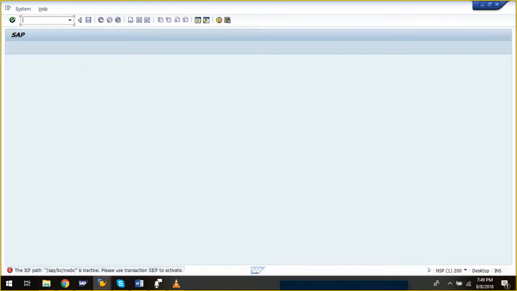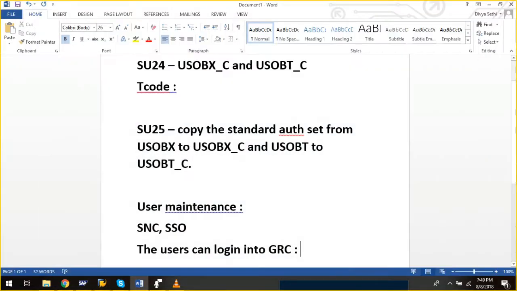The service ICF path I need to maintain. I'll have to check how I can maintain that. Anyways, so acha. So the users can log into GRC and there